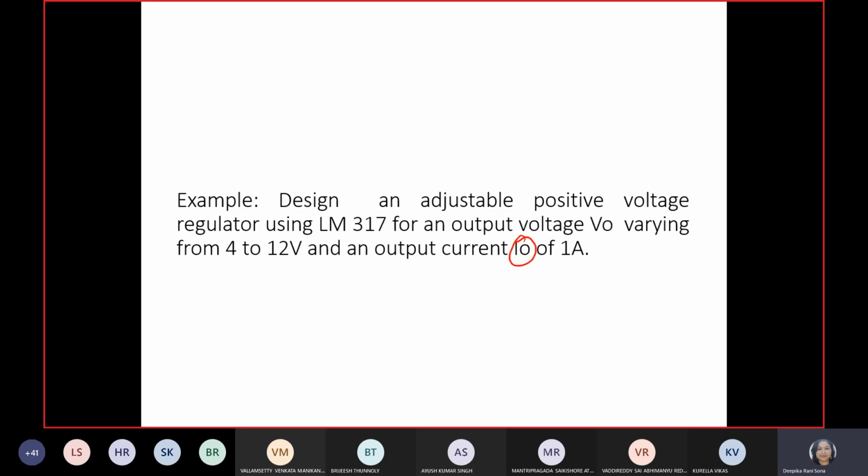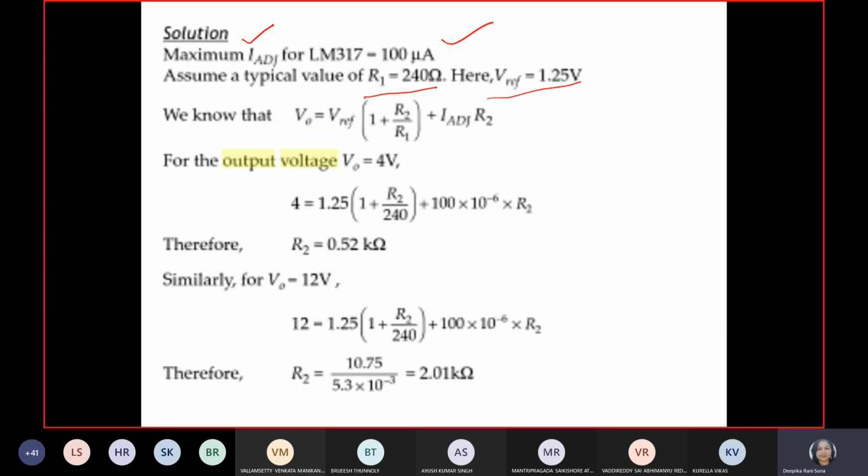Any other data given? No, it has just been mentioned that it is LM317, guys. Whatever values I am showing you are all datasheet values only. They are pre-available for you. So finally you have to write only the formula. Now you can ask me, ma'am, where is that IQ and where is that IADJ? IQ is nothing but the adjustable current only, guys. So here it has been represented as IQ in terms of ADJ.